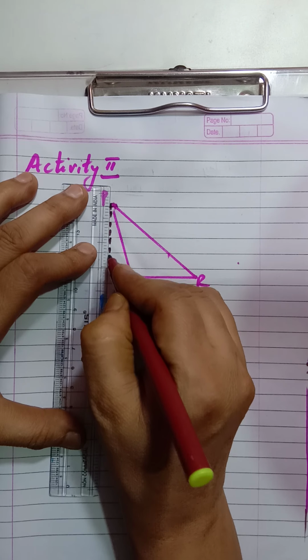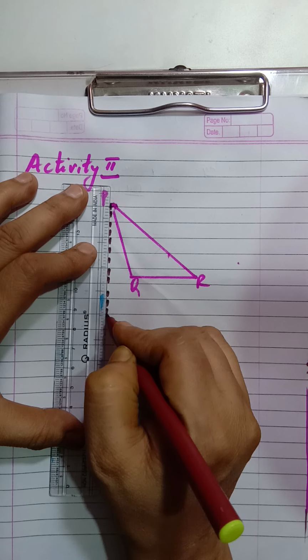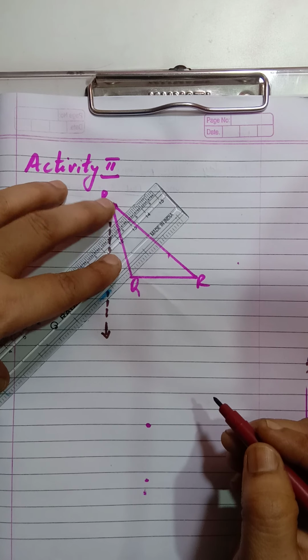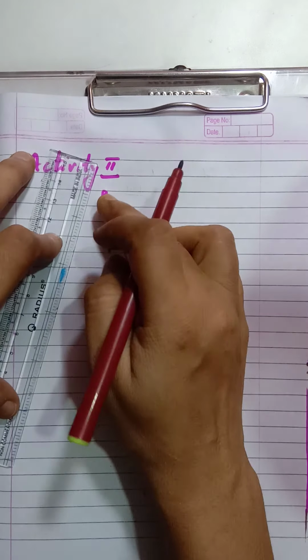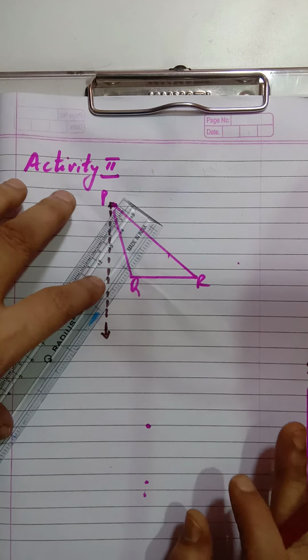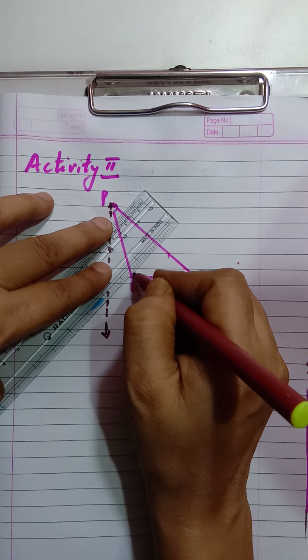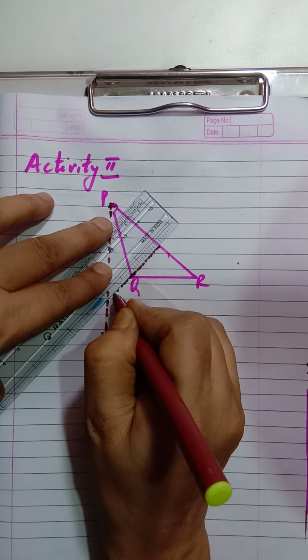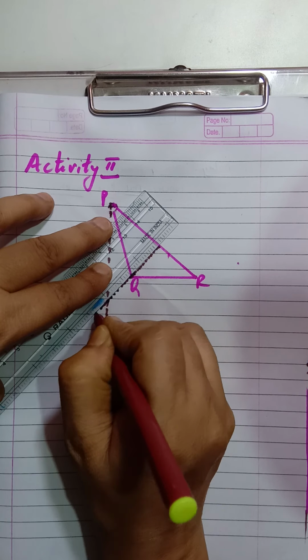So where is my perpendicular? Here is my perpendicular, this way, right? This is the perpendicular I have drawn from the vertex P. Now from one vertex we have drawn the perpendicular. Now let us draw the perpendicular from this vertex Q. So it will be like this way children, yes or no? This way, and I am extending that, okay, the altitude backside.